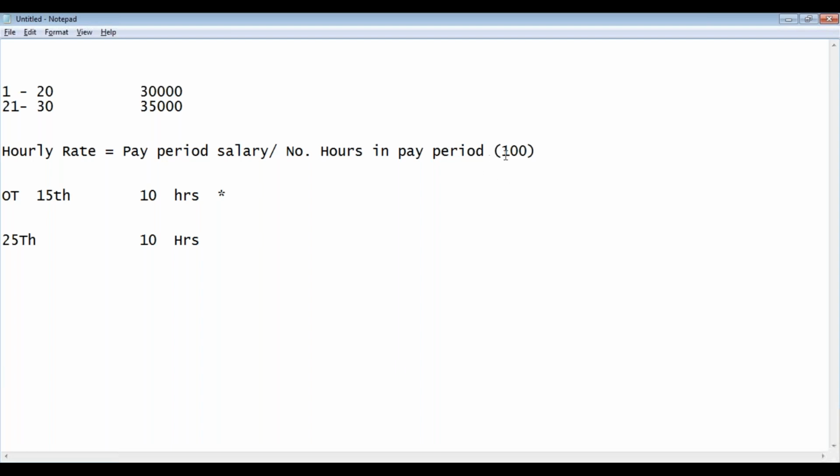I have already given, let's say, in a month, in my work schedule, I have 100 hours. So the pay period salary or basic salary is divided by the number of hours in a pay period. Now, what is the value of overtime? The total overtime to be paid to the employee. Its hourly rate is 300 per hour